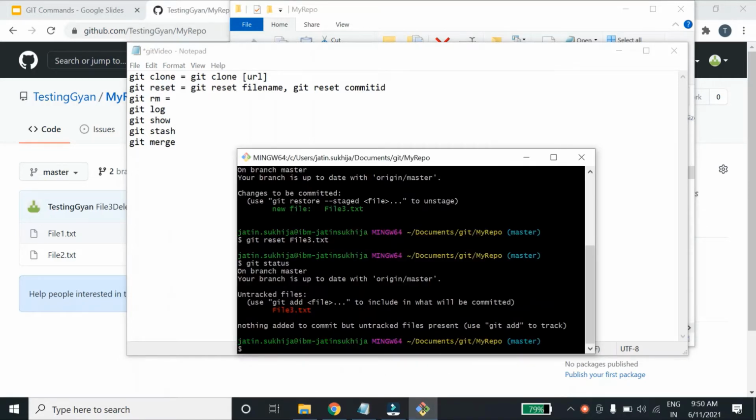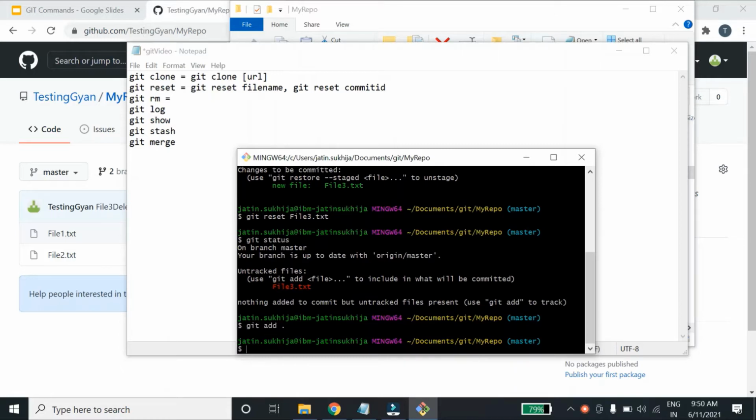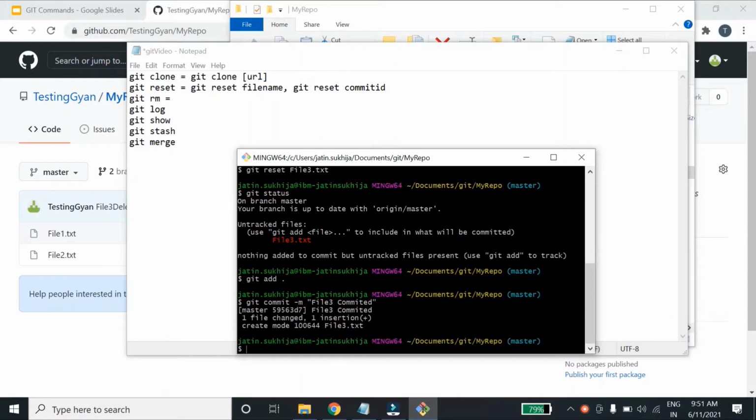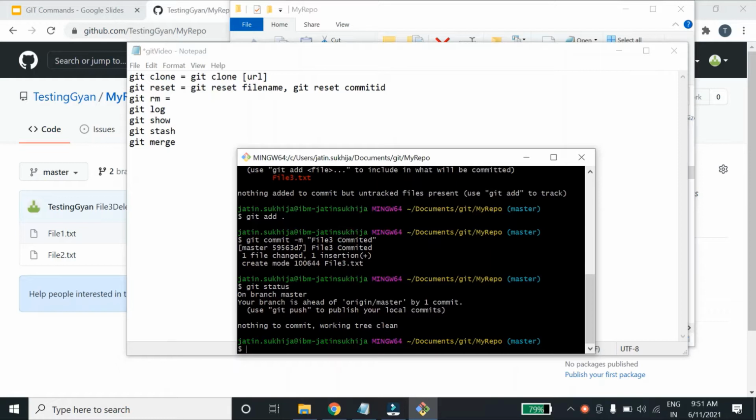So here if you see, there is one untracked file. If I add it again, let me commit it as well, file3 committed. Okay. Now if I do git status, you can see your branch is ahead of origin master by one commit, which is expected because I have committed